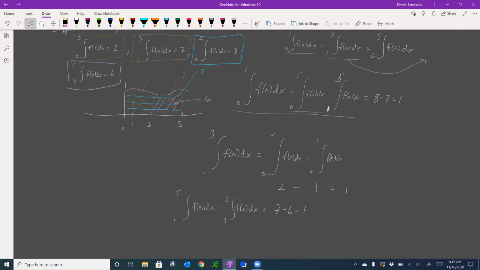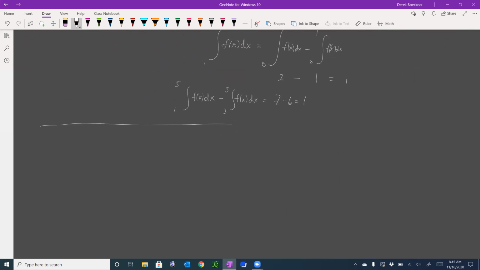All right. There's one more type of question, it looks like, which is an average value question. So let's write that down again. I think we wrote this down in the past, but the average value of f of x on [a, b] is equal to 1 over b minus a times the integral from a to b of f of x dx. Right, so you take the area, you divide it by the width, and that's how high a rectangle would be of that same area, right? If you're trying to smooth things out, find the average value,